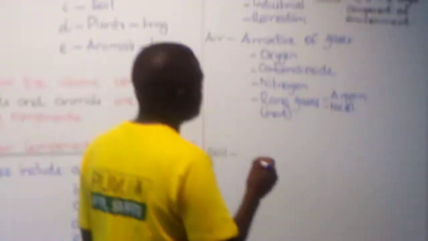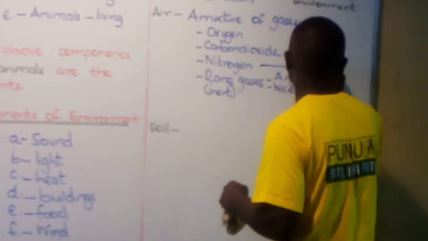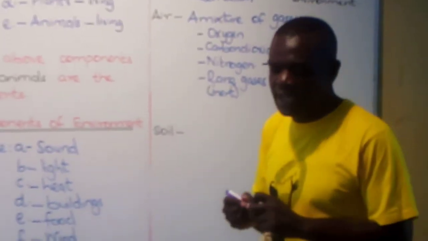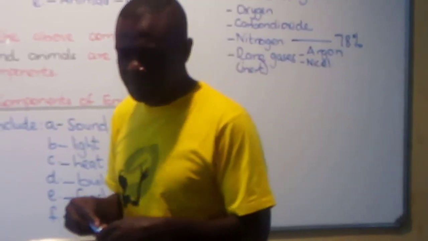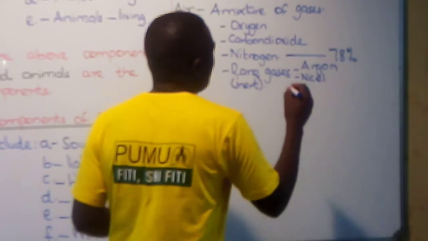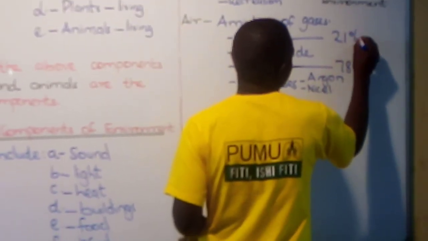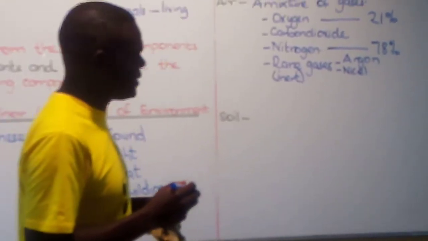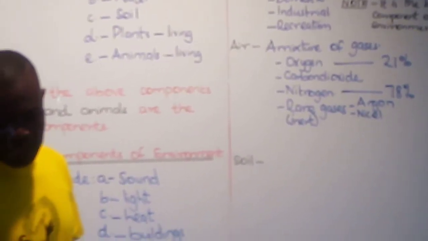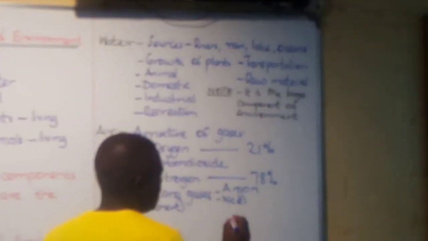Now, nitrogen carries the largest composition, 78%. Some books say 79. Oxygen is number 2 with 21%. Some books say 20%. And then rare gases take the third,